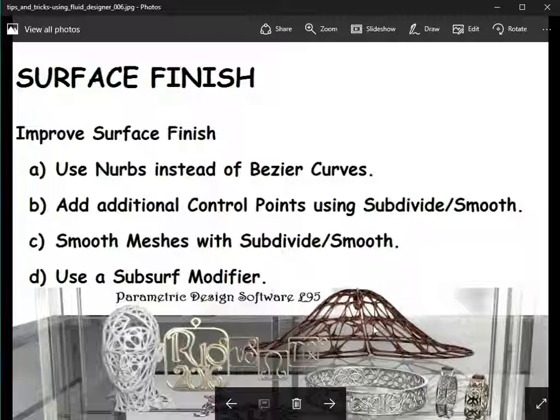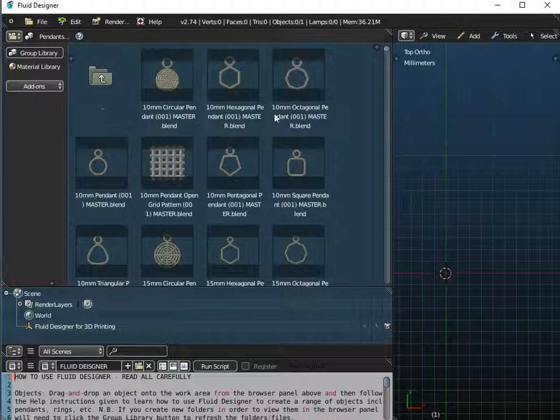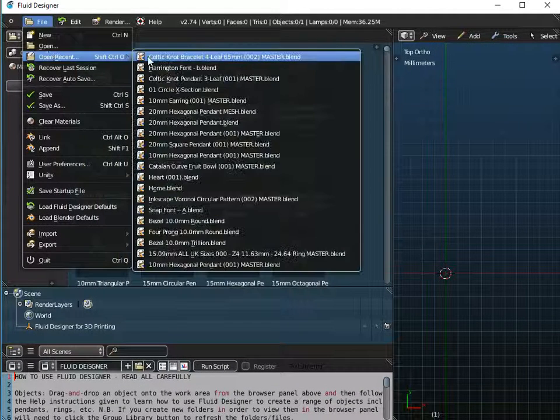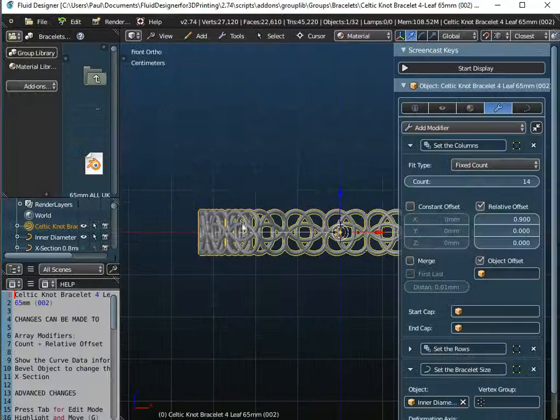Okay, so you can use Subdivide and Smooth with control points, with curves, and you can use it with meshes as well. And another way to improve the surface finish is to use a Subsurf Modifier. So if I go back to Fluid Designer for 3D printing, if I just go to File and Open Recent, if I open the Celtic Knot bracelet again,